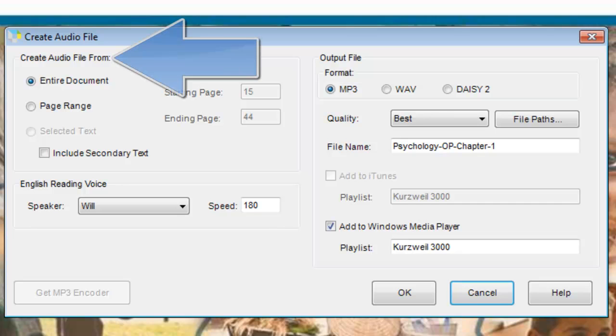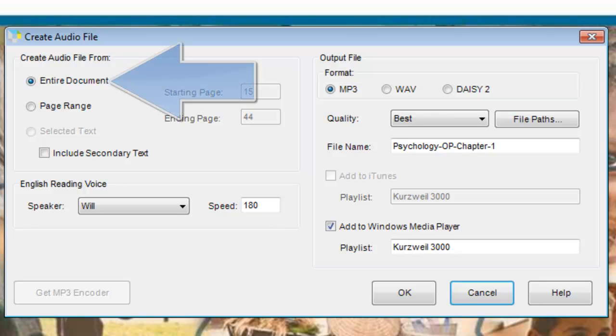To the top left of the Create Audio File dialog window is the Create Audio File From section. This section of the dialog window contains three radio buttons. The first radio button under the Create Audio File From section of the Create Audio File dialog window is the Entire Document radio button. This default radio button instructs Kurzweil to create an audiobook or audio file using the entire